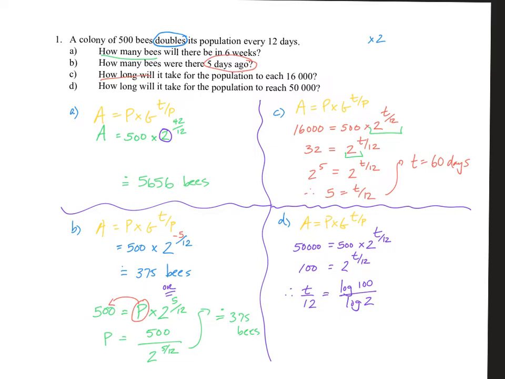Now to finish off the problem, I just have to get t all by itself, which means that I can multiply out the 12, and there is my exact answer. So now when I go through and actually calculate that, I'm going to take my 12 log 100 and divide that by log 2. Make sure that we get our keying sequence down. So for a little bit of help, we're going to get down to 79.7, and I'm just going to write down